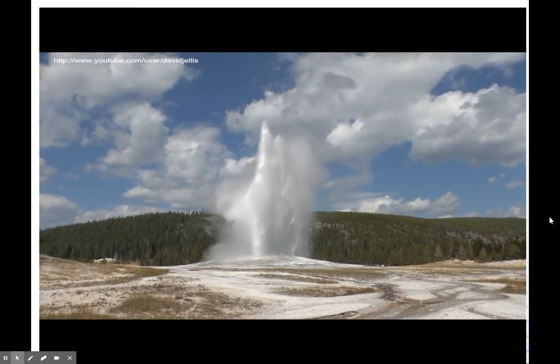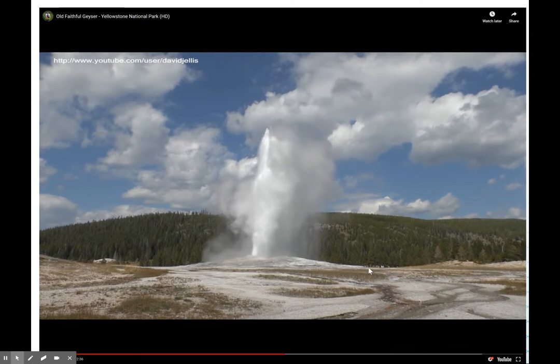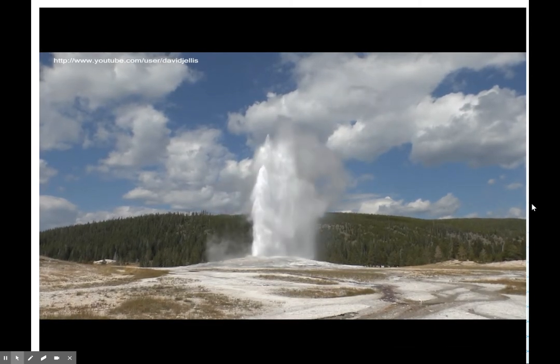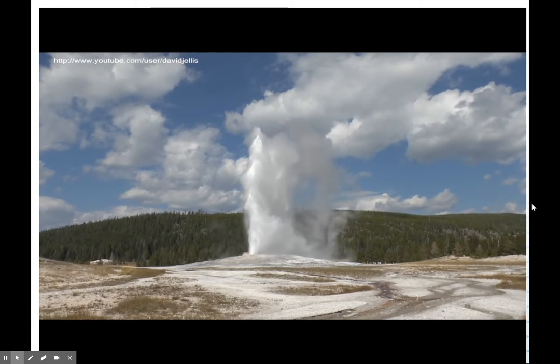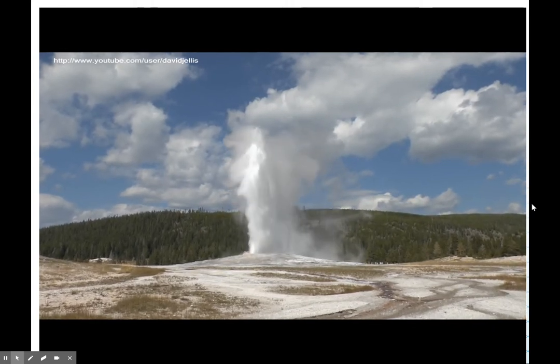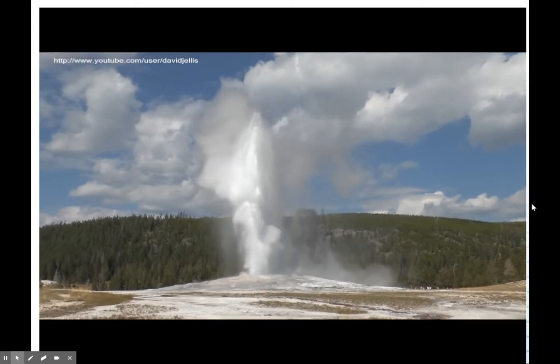So you can see how big it is. It's pretty big and it's pretty cool. I've seen it before in person. It's pretty amazing. And it's superheated water, so that's water that is above